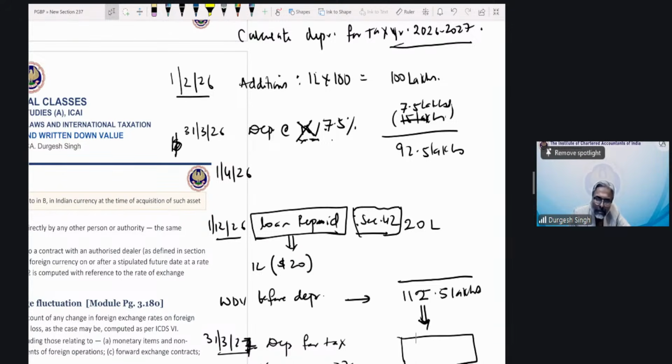Point number one. It shall be recognized in the tax year when the payment is made,